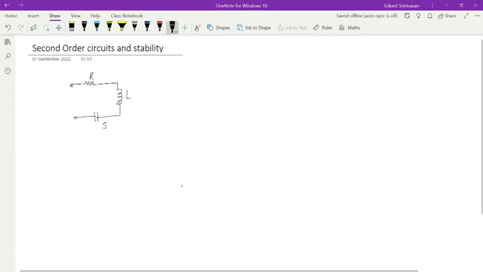Let's say I want to find out what is the current transient. I want to find out what is I of t. And let's say the system is initially relaxed. So I know that the impedance function is given by what? Z is R plus Ls plus 1 over Sc, right? That's the impedance function. Now, supposing I'm trying to find out the impulse response of the system.